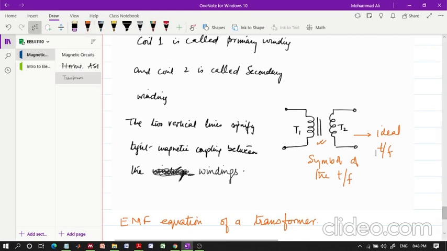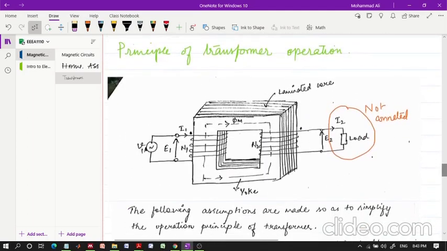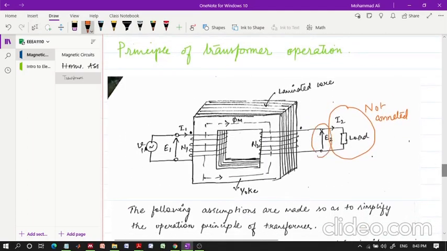Now we are going to derive the EMF equation. What do I mean by EMF equation? We are going to derive the equation for the EMF that is being developed over here and here. What should be the value of this EMF, what should be the equation of the EMF, and what should be the magnitude of this EMF, or we can say what should be the RMS value of this EMF, because you know that if we know the RMS value, then we should know the peak of that sinusoidal quantity, as you have studied in your first unit.